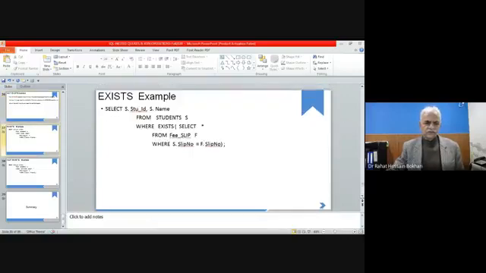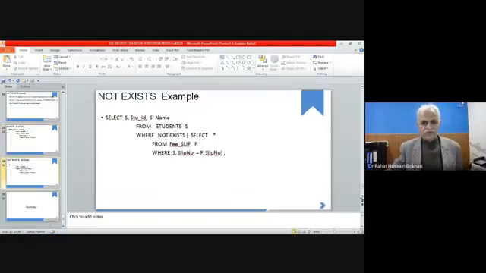So this is what we say exist. This is student ID and S name from student S, where exists star from fee slip F, where slip number is equal to slip number. So you have to get this value, and then this outer query should be run. So you have to create those tables, the student table and the slip table, and after that run these queries and see the results. It will help you get strong concepts about how these operators are being used in your subqueries, and what you call nested queries.